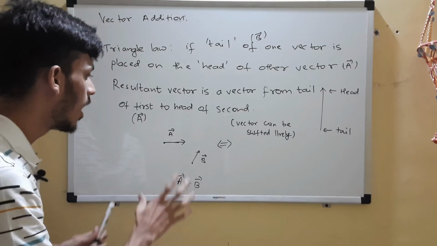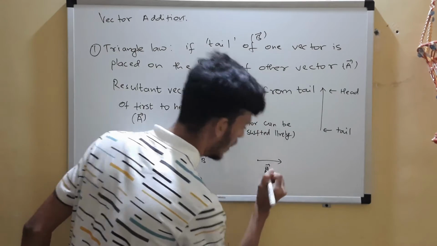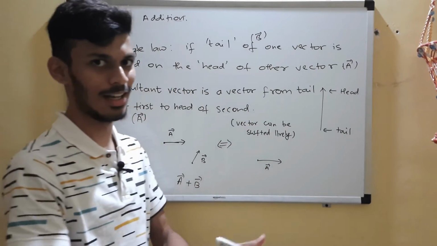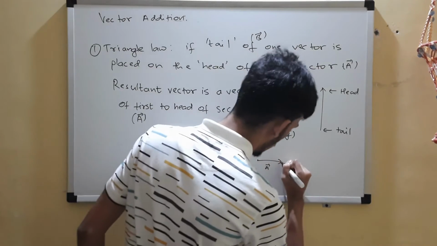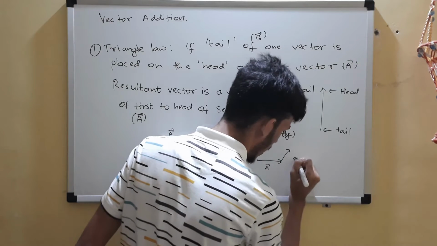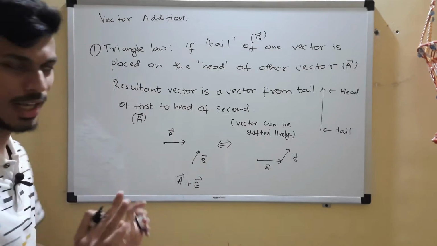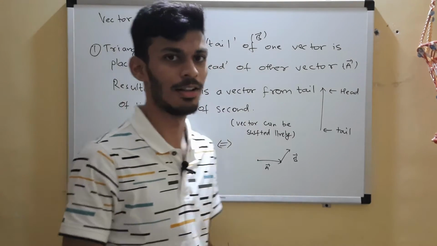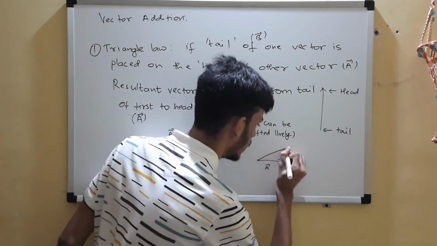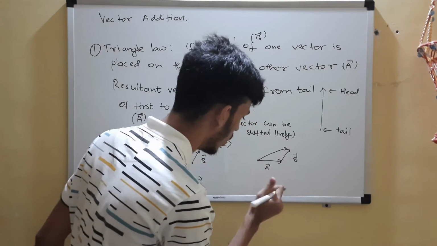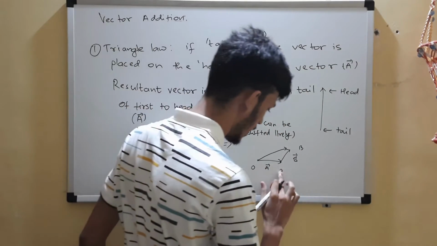So shift the vector b parallel, such that the tail of b coincides with the head of a. So it's just shifting it, right? Now I am not drawing it to scale, but just giving you an idea how it will be. So you'll bring that b over here, somewhat like this. And what is the resultant now? The resultant will be from the tail of the first to the head of the second. Going from A to B, let's name it OAB, just for the sake of naming.